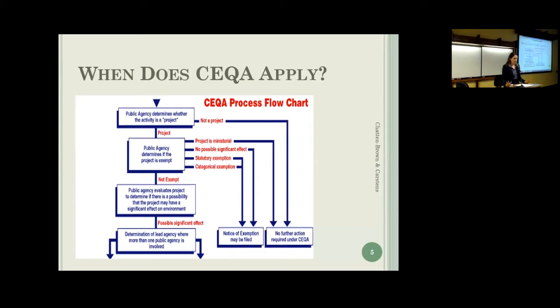As an initial matter, if a lead agency is just going to deny a project, CEQA is not required, so it would not apply. But if they are considering approving a project, then CEQA would apply to a discretionary project.